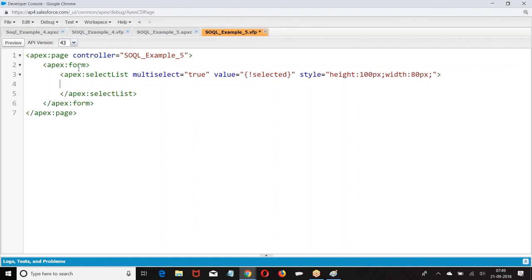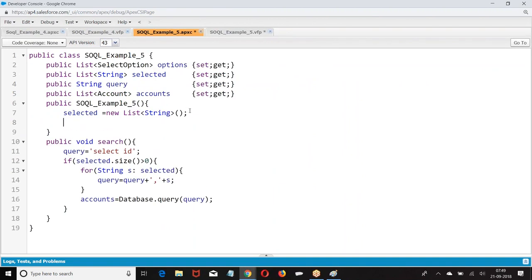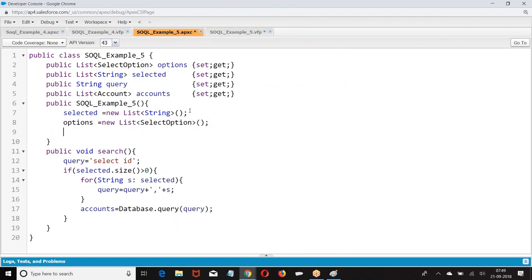Oops. How to give the options? How do you create options here? Options equal to... you need to form a pick list first.